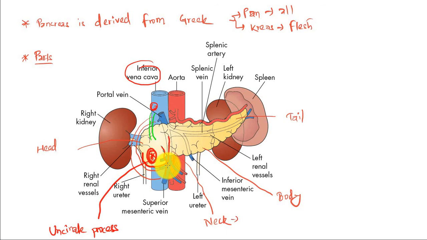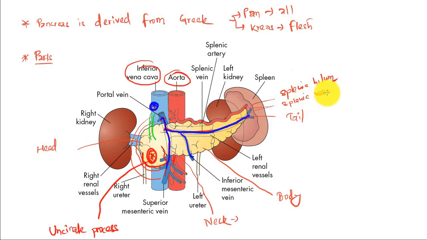In the neck, posteriorly, there is the superior mesenteric vein joining with the splenic vein, forming the portal vein. The aorta is present posteriorly to the body, and the splenic vein is also present posteriorly to the body, whereas the splenic artery runs above the body towards the left-hand side towards the spleen, and the tail is related to the hilum of the spleen